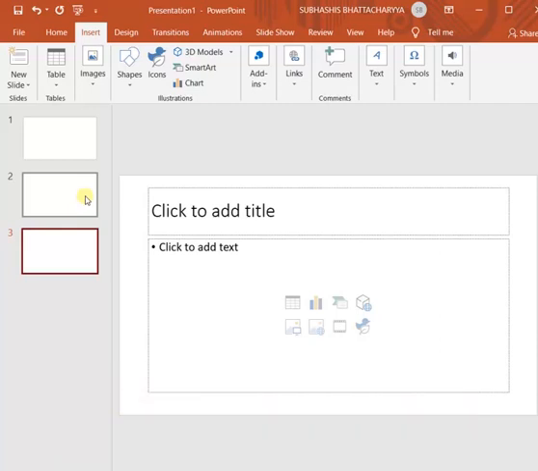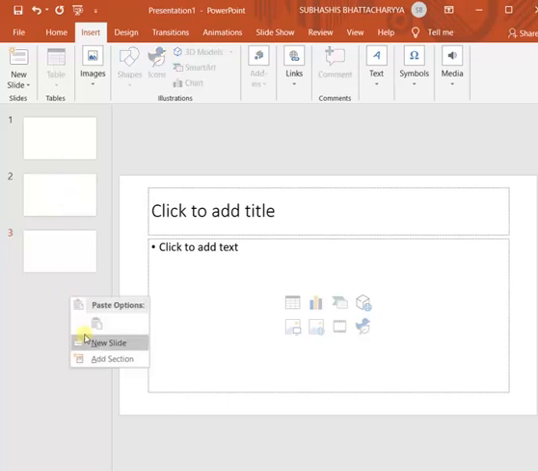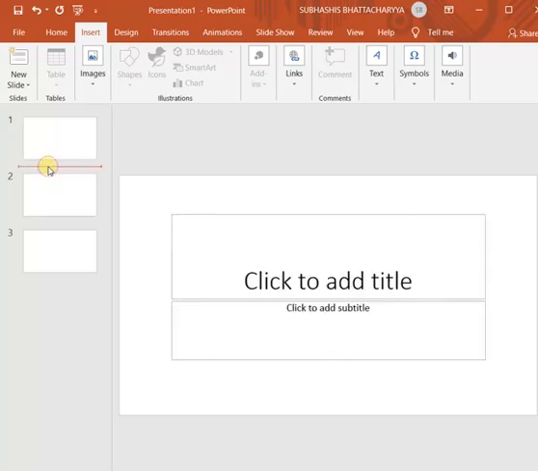Third way is that you can place your mouse cursor here in the slide pane, and then you can right click on it and select new slide. Now if I want to insert a new slide between slide number 1 and slide number 2, I have to place my mouse cursor in between slide number 1 and slide number 2, that is here, and then right click at this position, then select new slide.